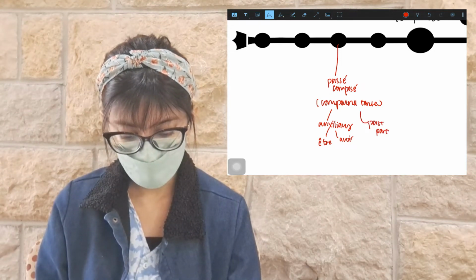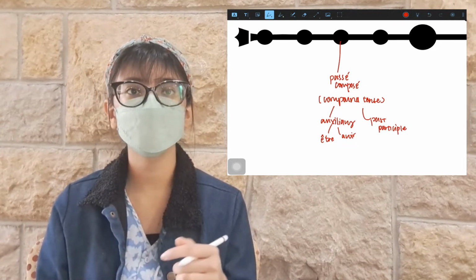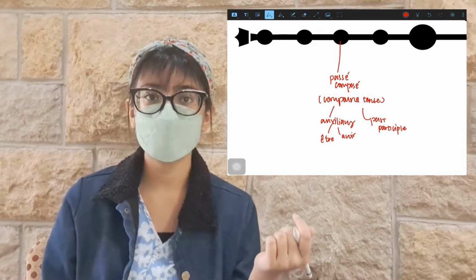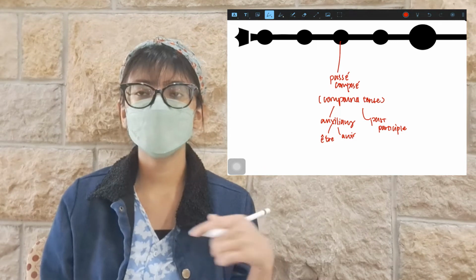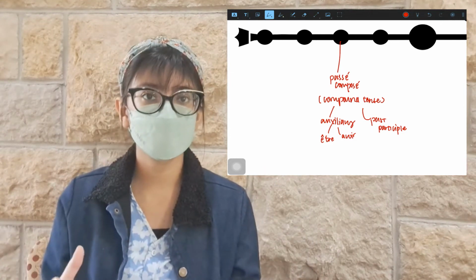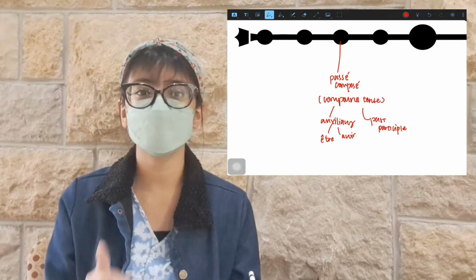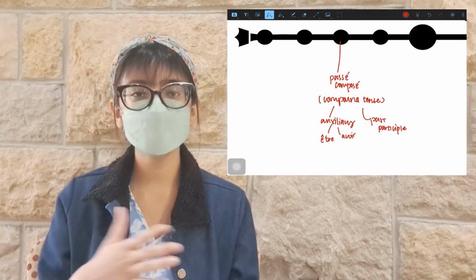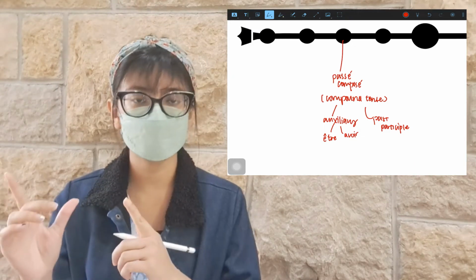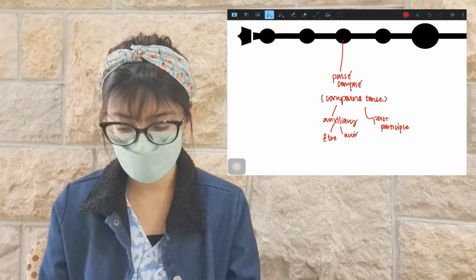Now for the past participe, you need to understand this. If you have an ER verb, you're going to have accent aigu. If you have an RE verb, the past participle will be U. If you have an IR verb, it's going to be I. So these are all of the regular verbs. For the irregular ones, there will be a specific video on that, but I will not go into that right now. Auxiliary, it's just between être and avoir. If you're confused between them, you can watch my previous video, because again, I just want to go through the major tenses in this video specifically.